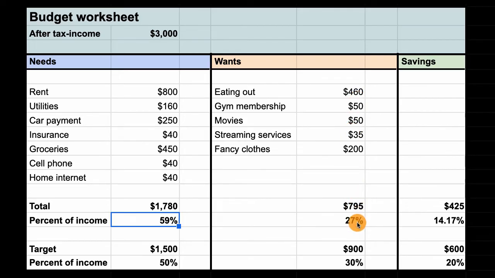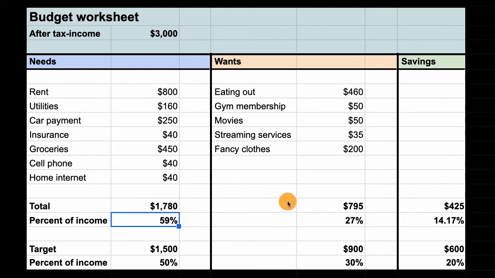And we're actually doing pretty good on the 50-30-20 rule right over here, where right now our wants are below that 30%. And then the savings are just what happened when you take $3,000, subtract $1,780 of needs, subtract $795 of wants, and that's what we are left with. But we see that our savings are not where we want it to be. It's not at that 20%. And why is that? Well, because we're overspending on needs right over here. If we really wanted to meet the 50-30-20 rule, and this is just a rule of thumb, obviously it doesn't have to be exactly that, we would be spending $1,500 on needs, $900 on wants, and $600 is what we